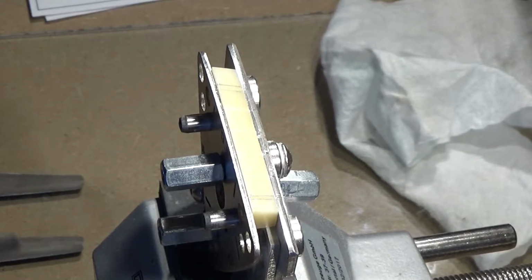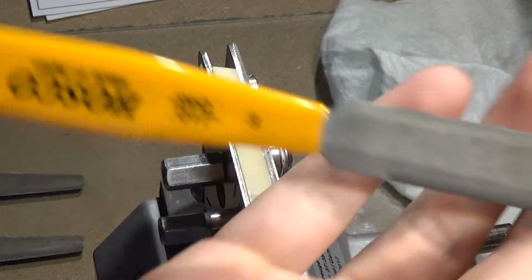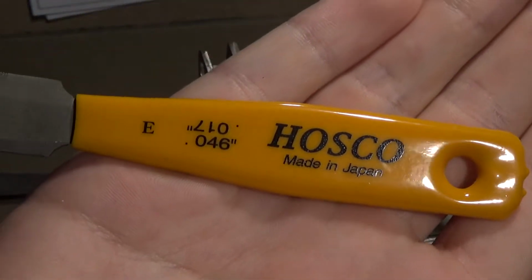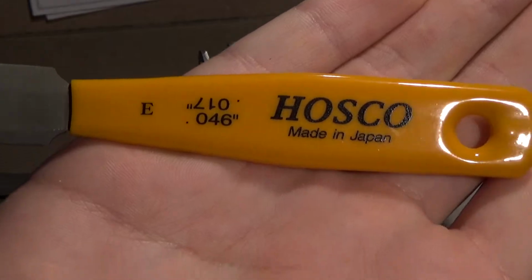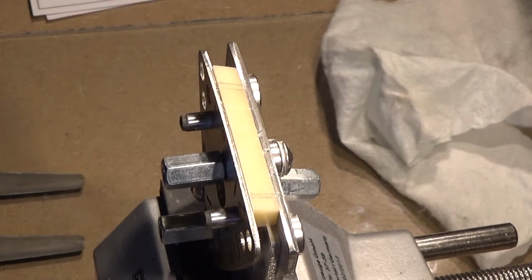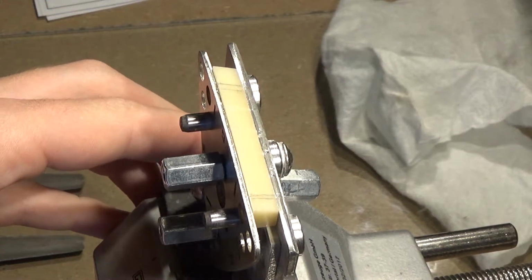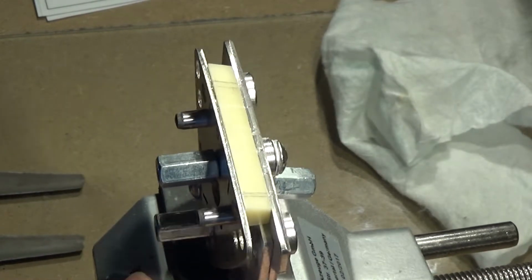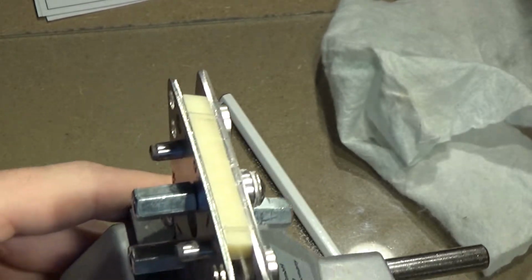I've basically just found my nut files here, and I use a string gauge of 10 to 46. So these are the nut file gauges that I'm going to use for getting these nut slots right. And now that it's just sitting